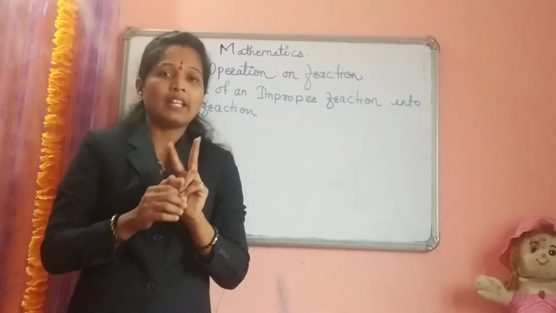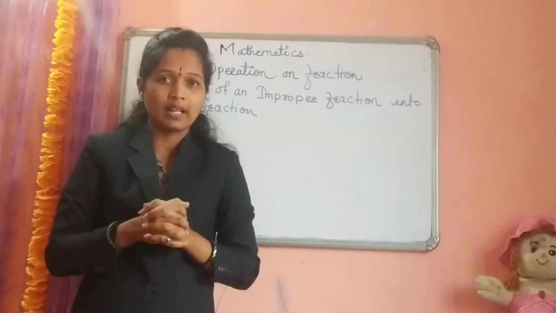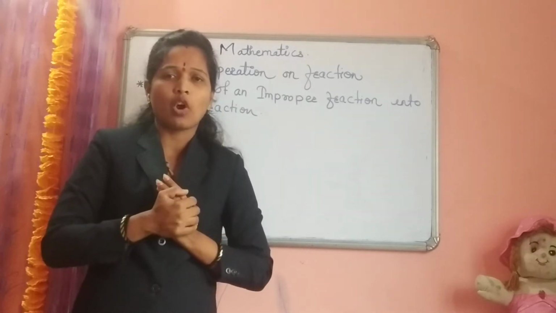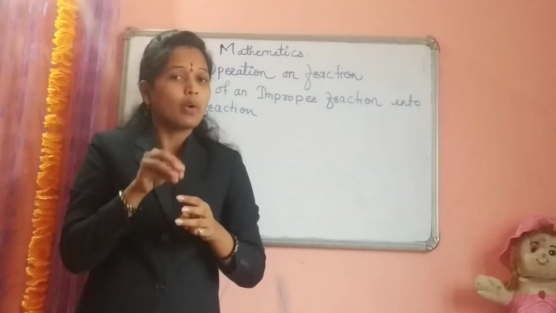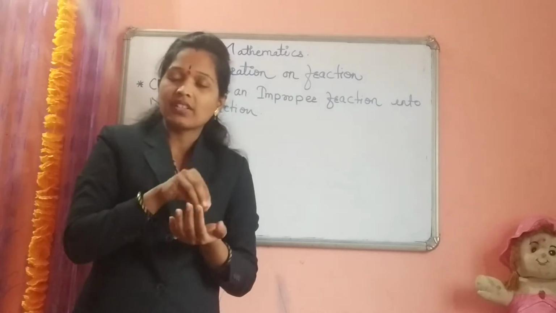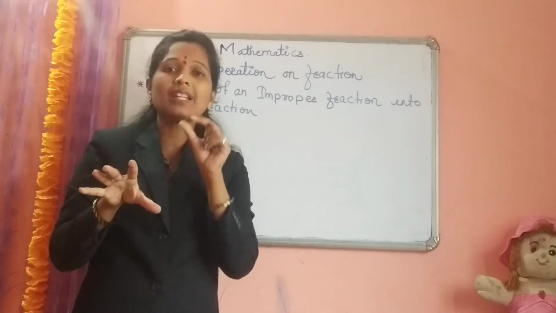Two students are in front of me. One girl is there and another is a boy. And I have 3 chocolates. Okay, so how to distribute 3 chocolates between 2 students? So first of all, I can give the first chocolate to the girl and the second chocolate I can give to the boy. Okay, and the remaining 1 chocolate.